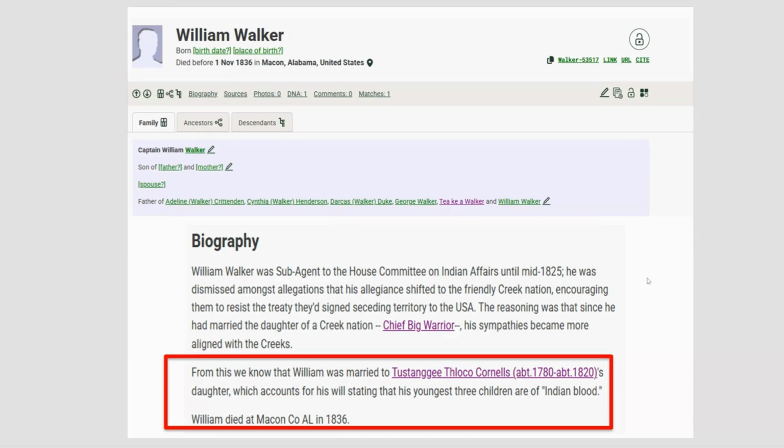He was considered chief big warrior. And down here at the bottom, it said William was married to Tustenuggee local Cornell's daughter. Okay, so all these children that we can see up here, Adeline Crittenden, Cynthia Walker Henderson, Darkus Duke, George Walker, Tia Kia Walker, and William Walker. At some point, when you find out who they married, you start searching DNA matches for these people in Macon County, Alabama, for the name either Cornells or Walkers or Dukes,